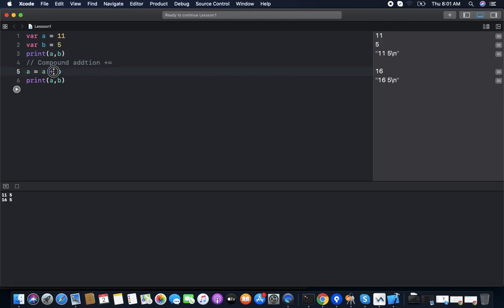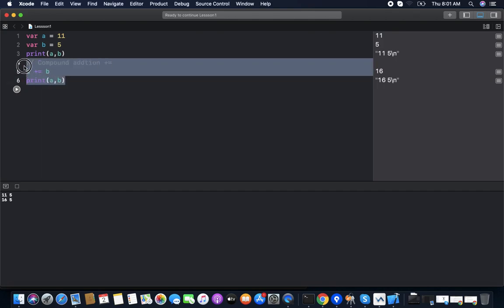To make it easy, we can use the compound addition symbol, plus equal to, meaning the same, a equal to a plus b. So now again we run this, and we can see 16, 5, the same result.